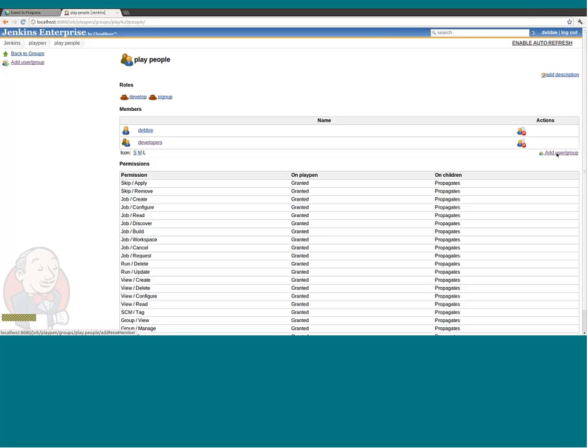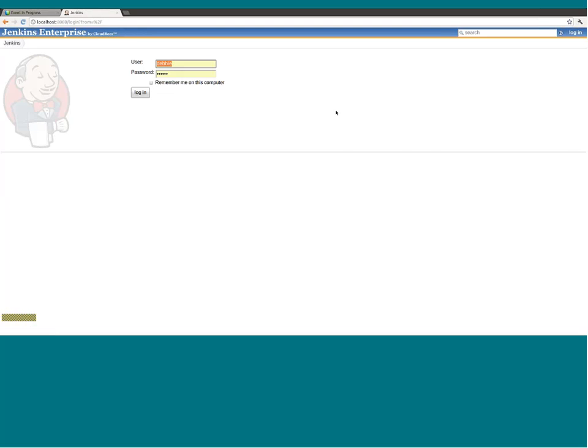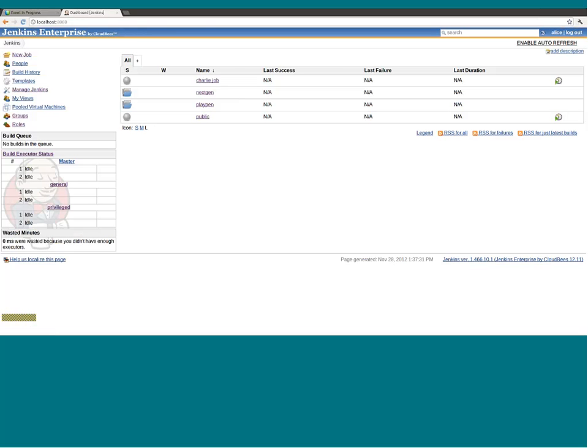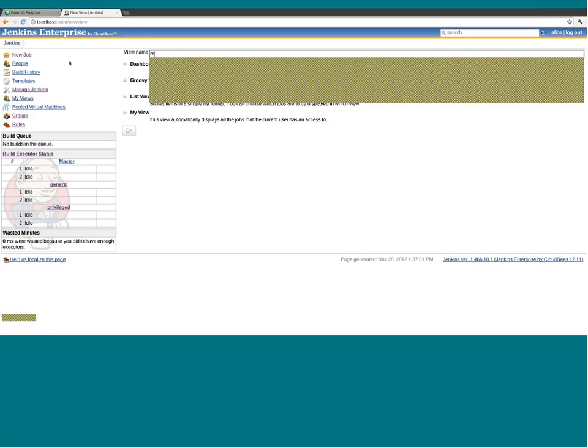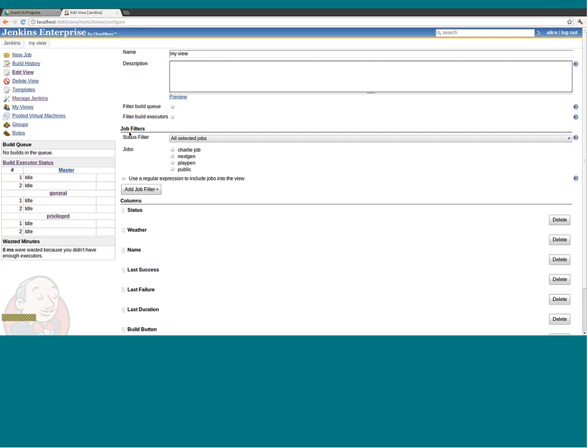So there's just one more thing that I want to talk about as far as access control goes and how that works with Jenkins. Sometimes people try to set up access control on a view and are surprised by the fact that it doesn't seem to do what they want to do. So if we created a view, which is just basically a named list of jobs, let's say Charlie job in public, and you can